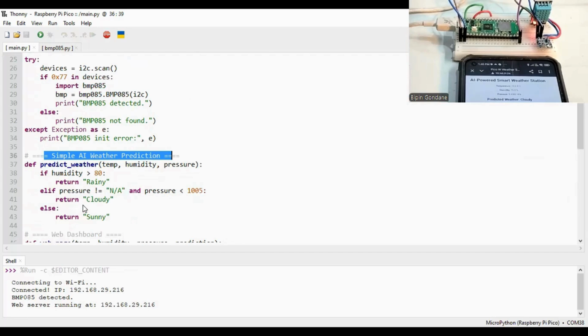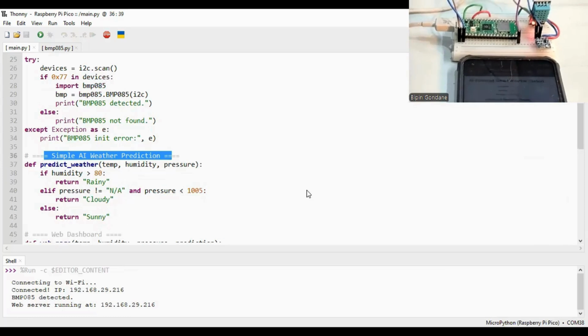Okay, else if pressure is less than 1005, then it may say that it is cloudy. And the third condition is if everything is fine, then it will say it is sunny. Okay, if both humidity and pressure are okay, then it will say it is sunny. Okay. So this is only a 3-line AI for beginners who are just starting to do some project